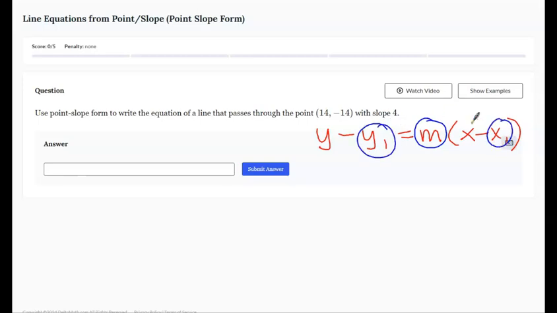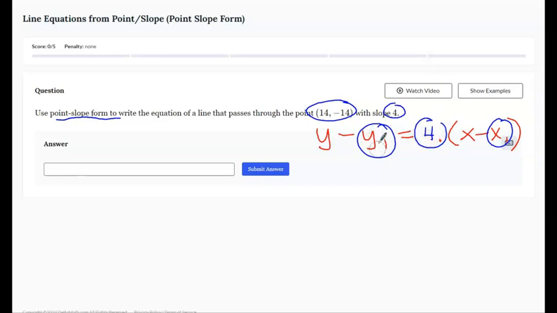So in this question, they ask you to use the point-slope formula. And they ask you to use this point and this slope. They don't ask you to write the answer in a different format, so once we erase and replace these values, we're done. So the slope goes in the M position,